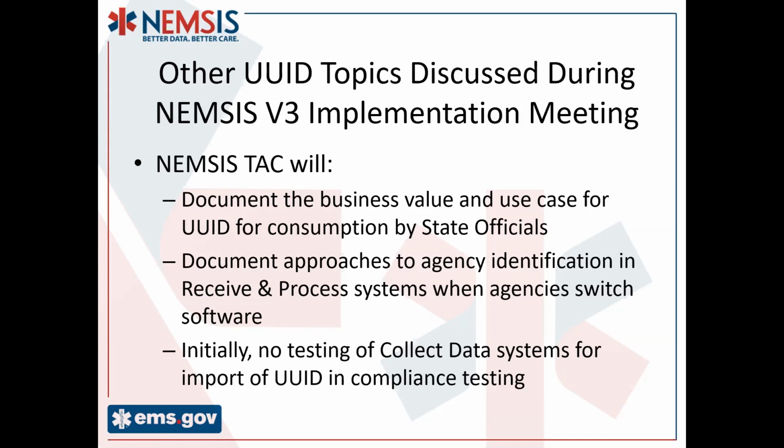So we've discussed a number of those approaches on this call today. Others have been brought up here at the TAC, and others were discussed at Deer Valley. So there are some ideas for us to take the value of the UUID to another level, to provide further clarity and consistency in regards to the data flowing to the state. So we'll attempt to document those approaches, and in the future we'll try to solidify across the country an approach to make that happen.